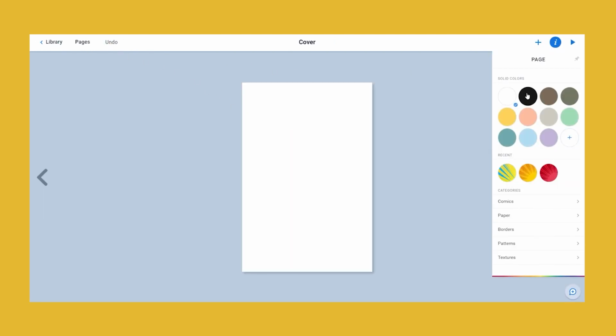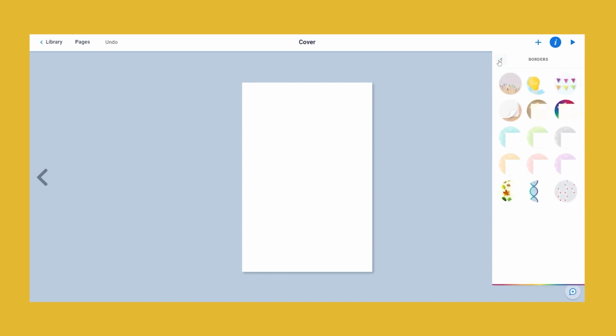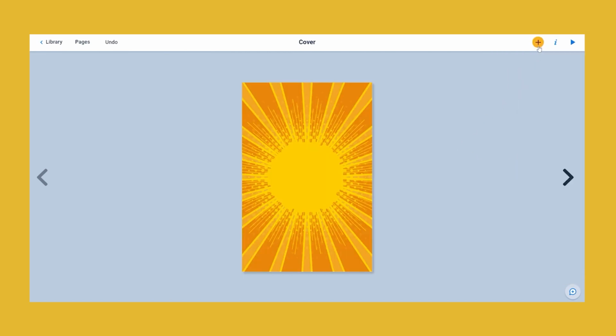This is the cover of the book. By pressing the I button in the upper right corner, we can give the page a color, a texture, a gradient, or a filter. I'm gonna go ahead and give it this comic books texture. Next, by pressing this plus button next to it, we can add loads of things such as texts, images, drawings,